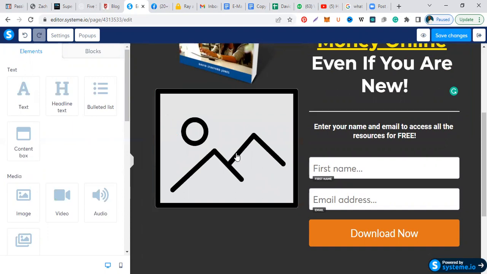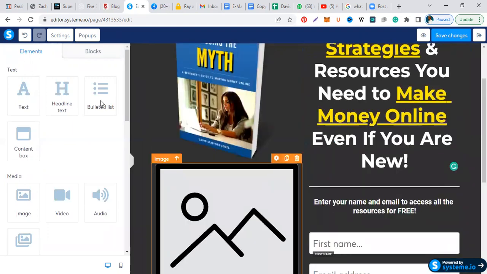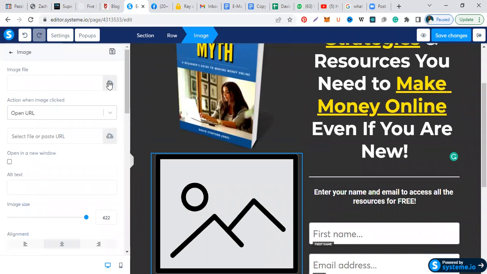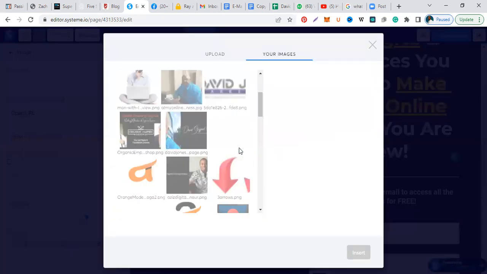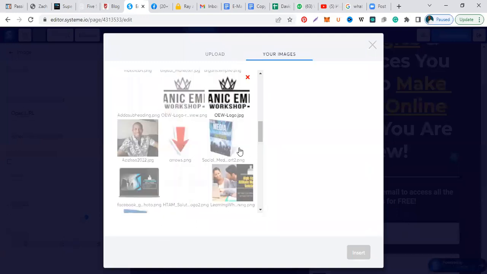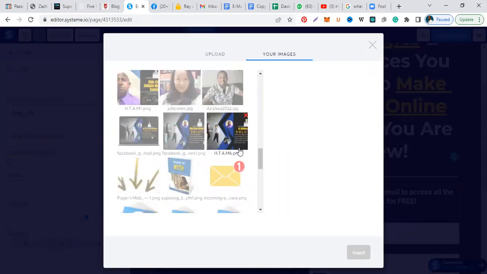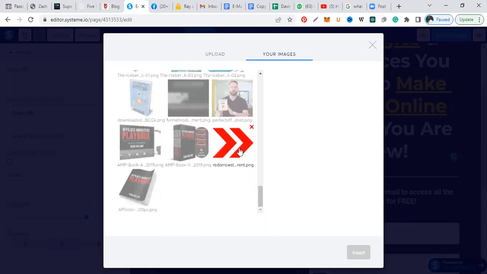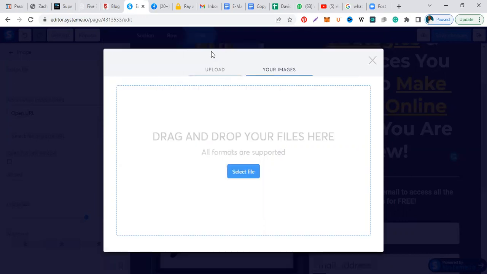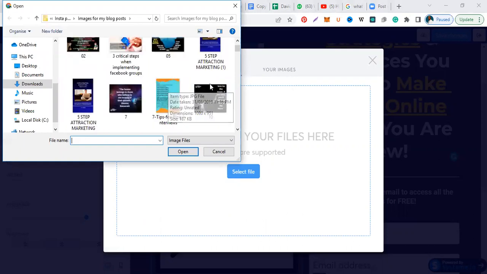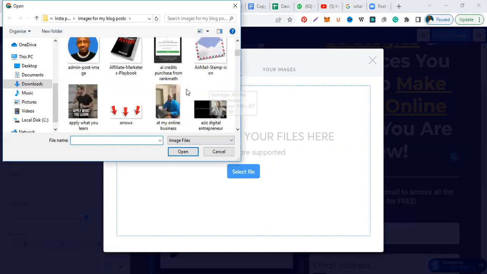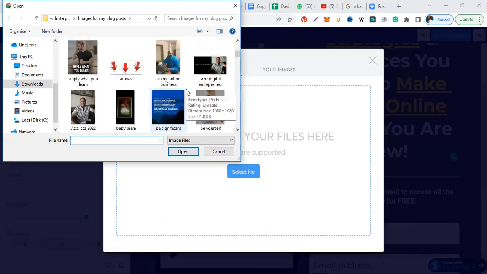I don't know if I have another image of the book. Let me see if I have another image of a flat image of the book. If I don't have a flat image of the book here, I will have to do one or two things. I can go to upload. I can go to select file, and I can look through my images. I can look through my images and see if I have that image in here. Or